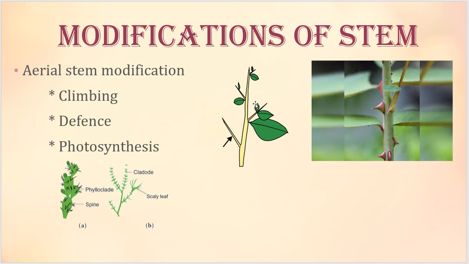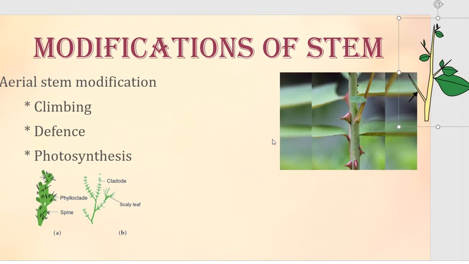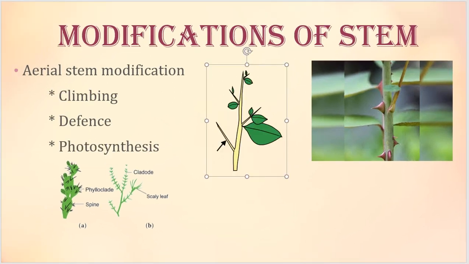And the next one is thorns. This is a thorn. So what is the basic difference between a thorn, a spine, and this thing? What you can see here in rose looks like a thorn, but what rose possesses is a prickle. A prickle is the one generally present in the rose.